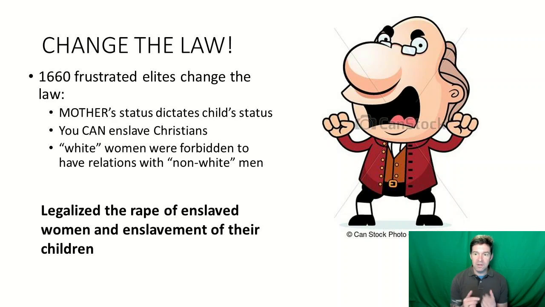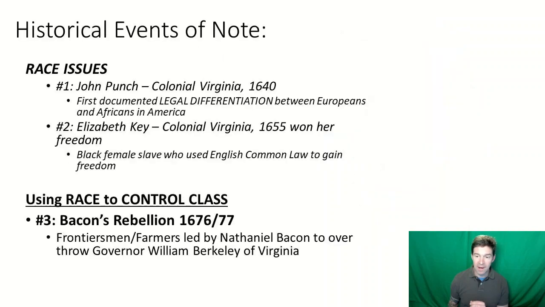Also, white women were forbidden to have relations with non-white men. So basically what they've done is legalize the rape of enslaved women and the enslavement of their children. And this is what we see hold true through the rest of American history until we break slavery in America. Now, the third point that we want to talk about in the history of the United States is Bacon's